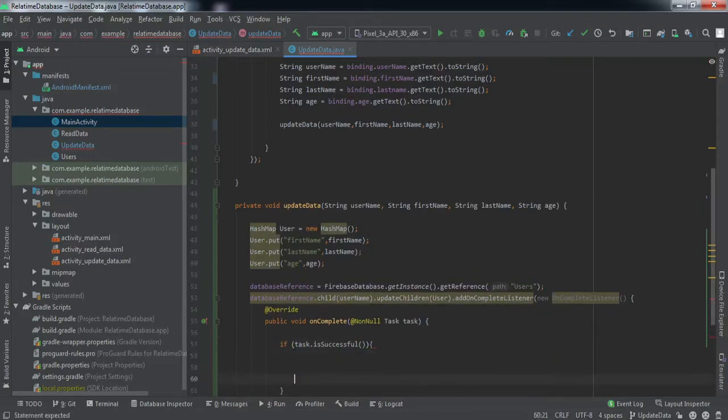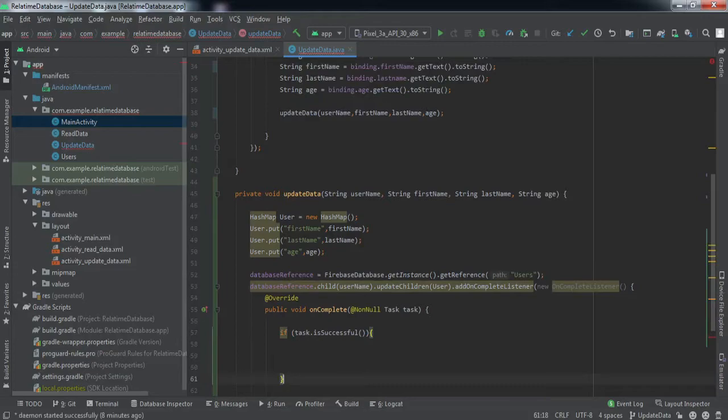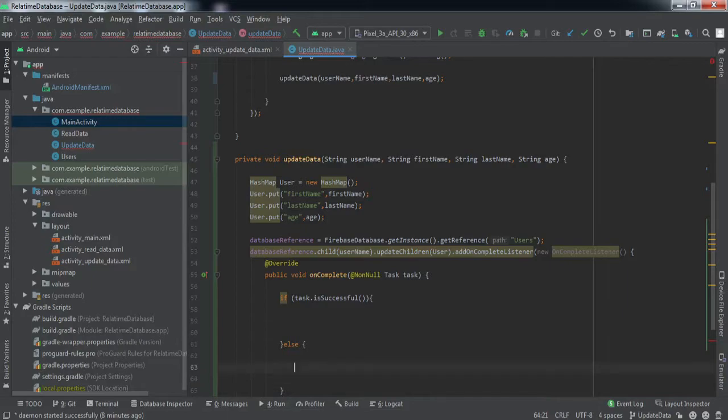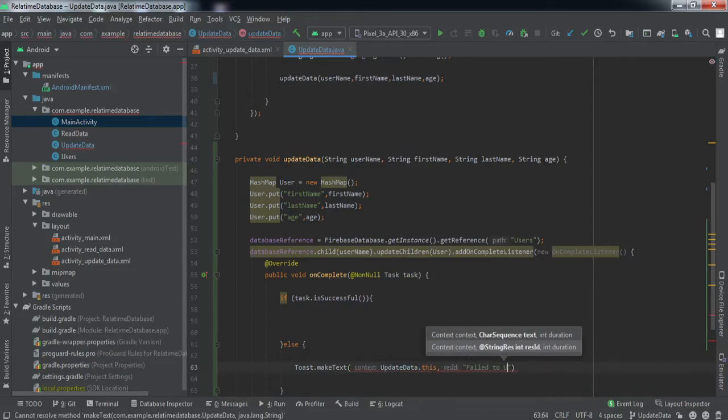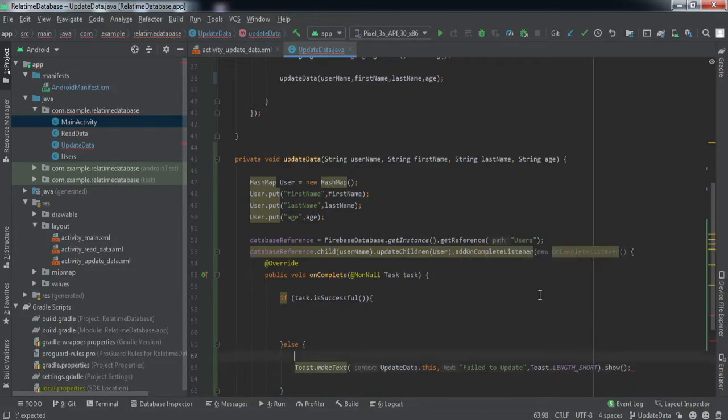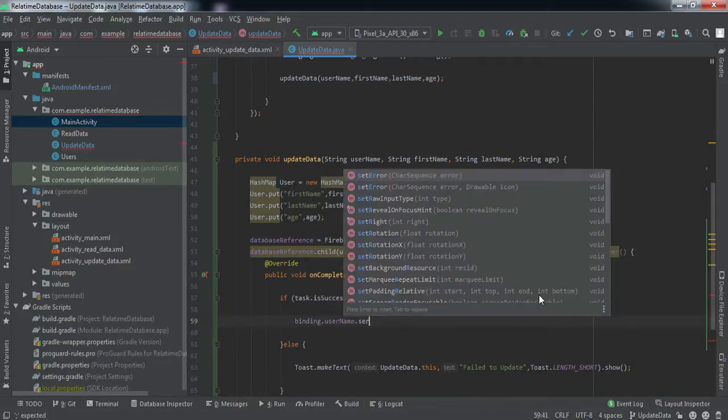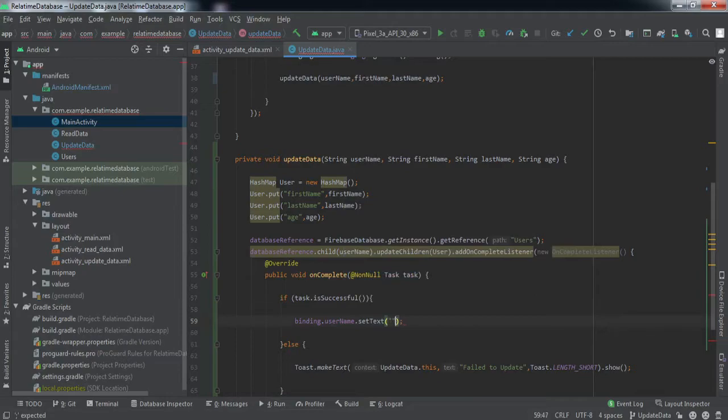And then we'll do something, and in case the task is not successful, we'll just raise a toast saying that failed to update, right? And when the task is successful, we want to make sure that all the input fields are set to empty, right?